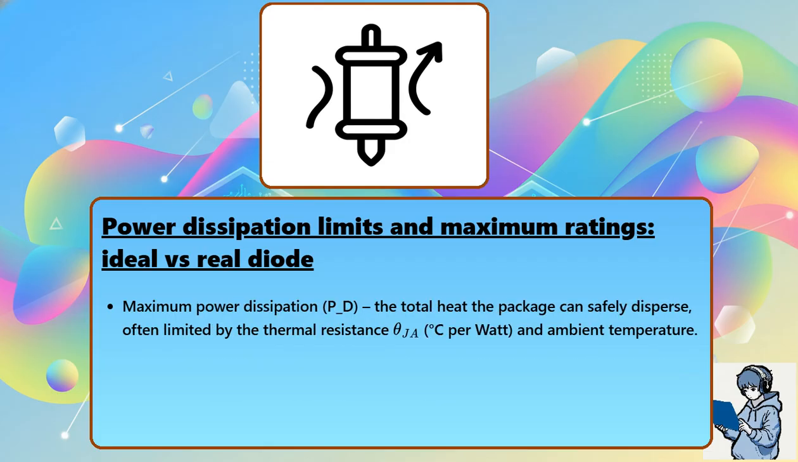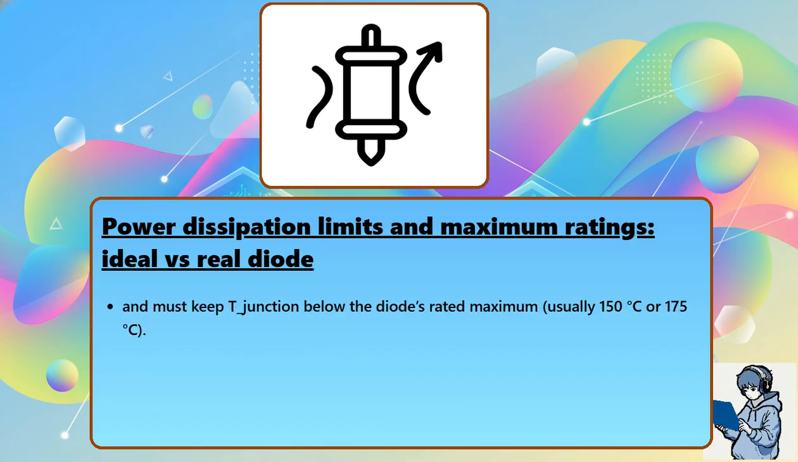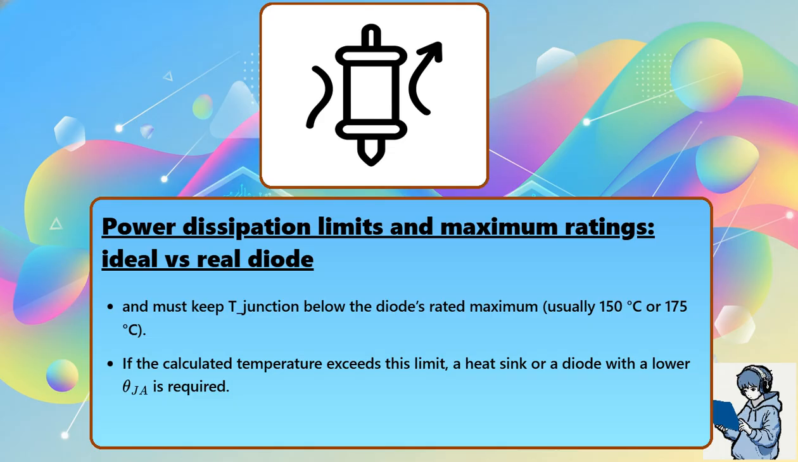Maximum power dissipation, P sub D, is the total heat the package can safely disperse, often limited by the thermal resistance theta sub JA, degrees Celsius per watt, and ambient temperature. Designers use the thermal equation: T junction equals T ambient plus P sub D times theta sub JA, and must keep T junction below the diode's rated maximum, usually 150 degrees Celsius or 175 degrees Celsius. If the calculated temperature exceeds this limit, a heat sink or a diode with a lower theta sub JA is